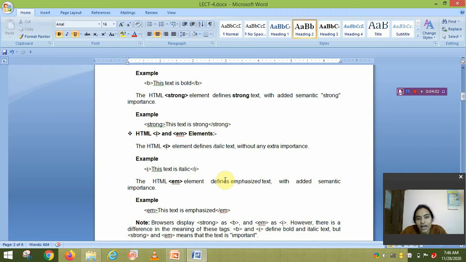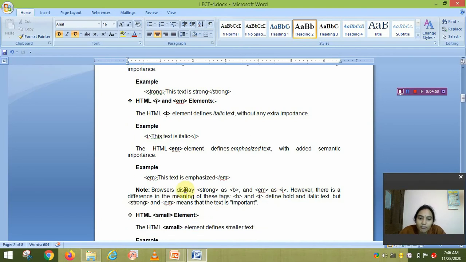That means I and EM look the same, with a little bit of difference. Okay, the browser displays strong as B and EM as I. However, there is a difference in the meaning of these tags. B and I define bold and italic, but strong and EM mean that the text is important. Okay. The only difference is in the meaning and naming.